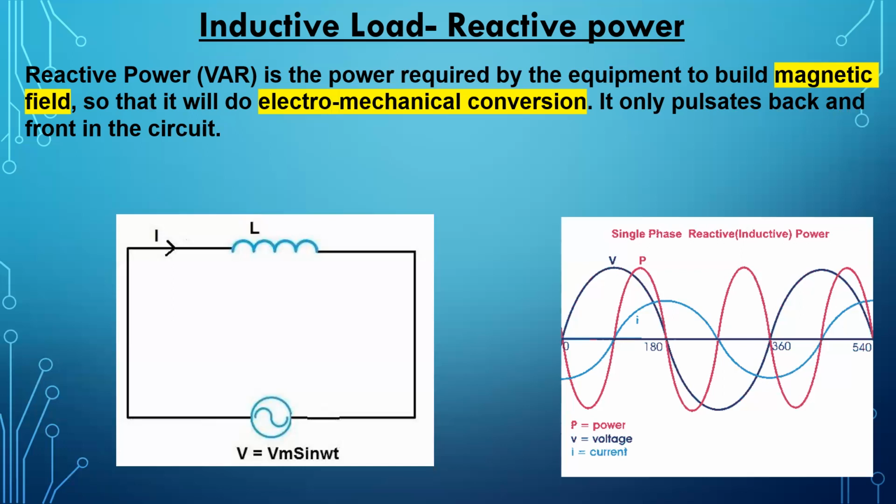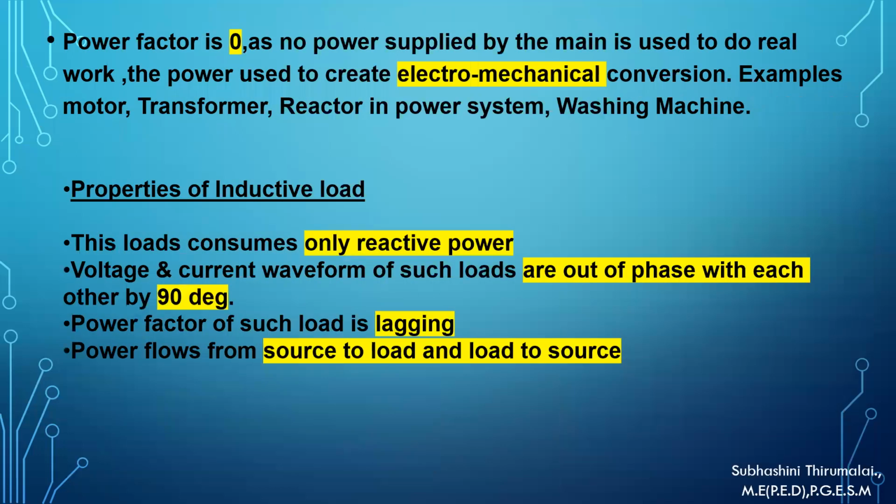So this is inductive in nature also. So this will charge and discharge back to the source. That will oppose the power which is produced from the source. So this will reduce the power factor to 0.4 also. A pure inductive load will become 0.4 also. The cos phi will become 0.4 also. So approximately here, since it is 90-degree lagging, we can say that cos 90, the power factor is 0.